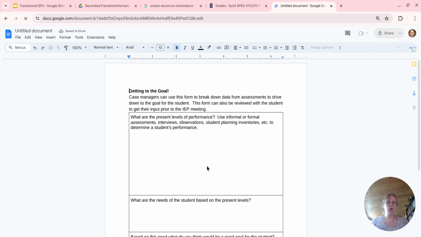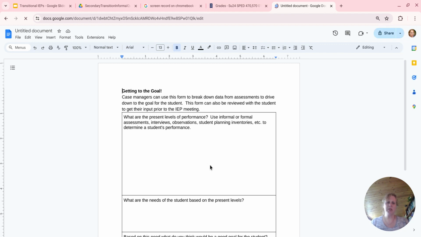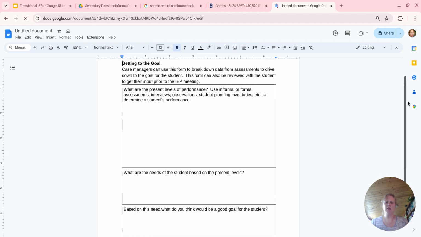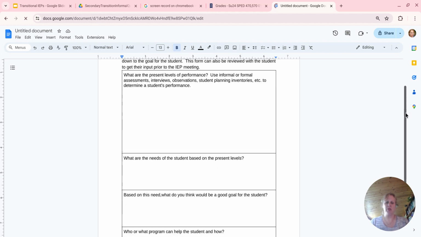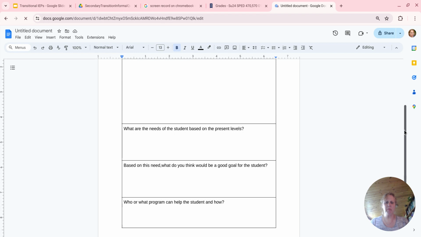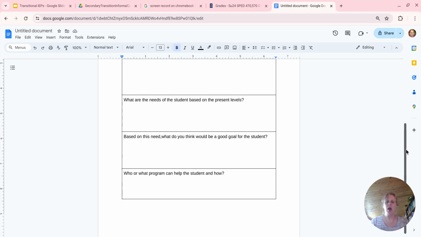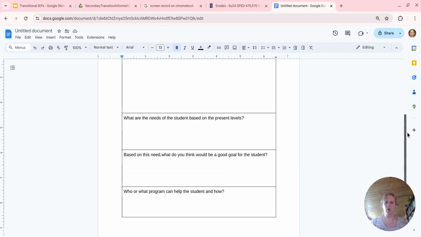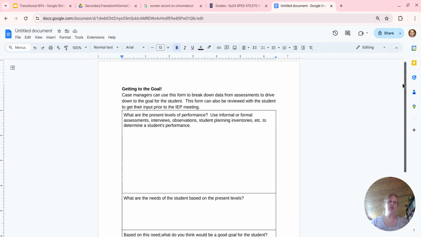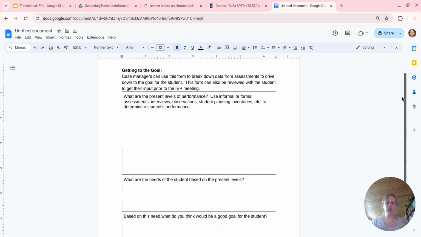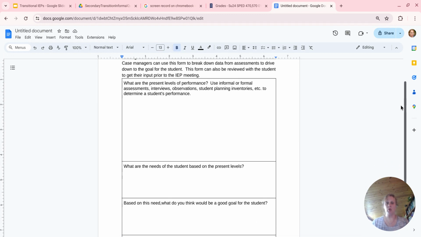You record what your assessments were. What was the data that you collected? What did you get there? And then you'll see a smaller box. What are the needs of the student? Then it gets a little smaller. What is the goal that you think would be good based on this information? And who or what program can help with this goal? So as you're taking notes and reading through your assessments, this is a cheat sheet, a handout that you can use to narrow it down for yourself.